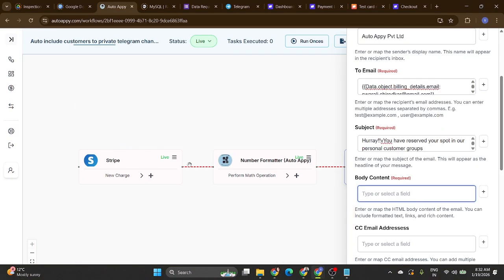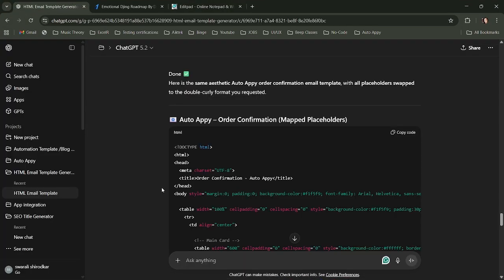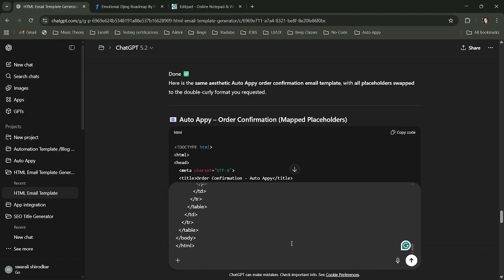Come back to our GPT. Paste it here as it is. Shift and enter. We'll just say regenerate this time,